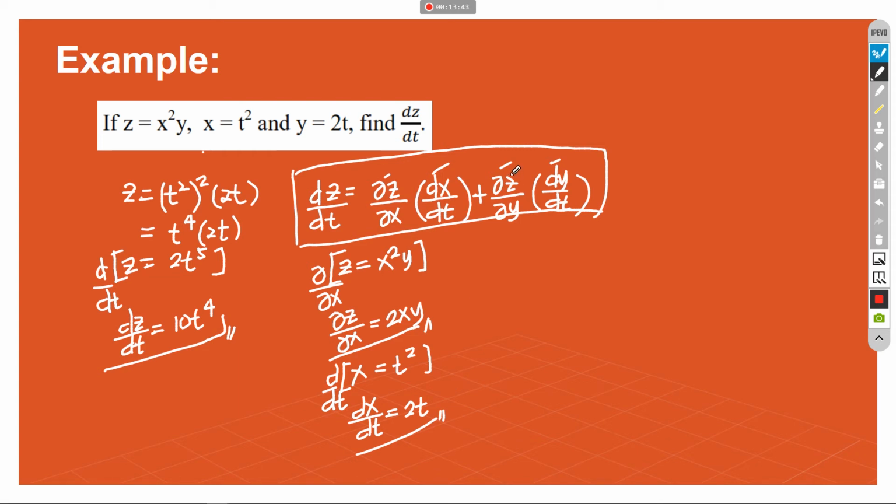Okay, now, for the second part, the partial derivative of c with respect to y. So, we will take that again from the main equation, or equation 1, c is equals to x squared y. Okay, so same procedure. Getting the derivative of c partially, but this time with y. So, we have the partial derivative of c with respect to y is equals to,